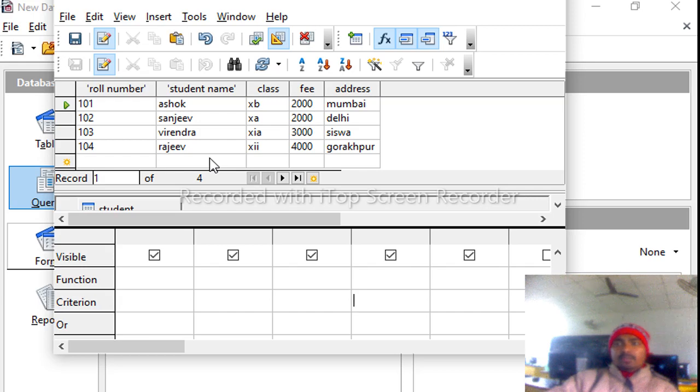Tomorrow I am going to discuss creating a query using wizard, and last one creating a query in SQL view. Everyone requires more and more practice to get better results. So everyone make one table and apply a query using design view. If you have any query, then ask the question, I will try to reply to you.